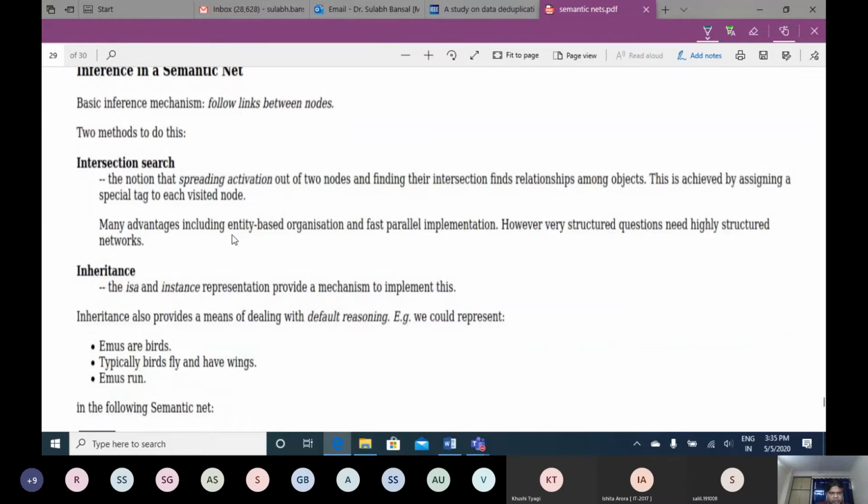Intersection search, the notion that spreading activation out of two nodes and finding their intersection finds relationships among objects. This is achieved by assigning a special tag to each visited node. Many advantages include entity-based organization and fast parallel implementation. However, very structured questions need highly structured networks. Inheritance, the easy instance representation provides a mechanism to implement this. Inheritance also provides a means of dealing with default